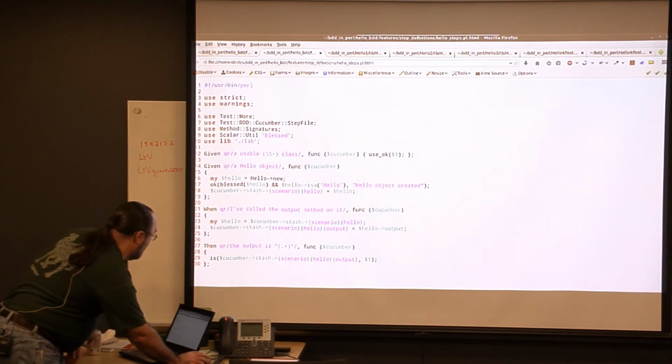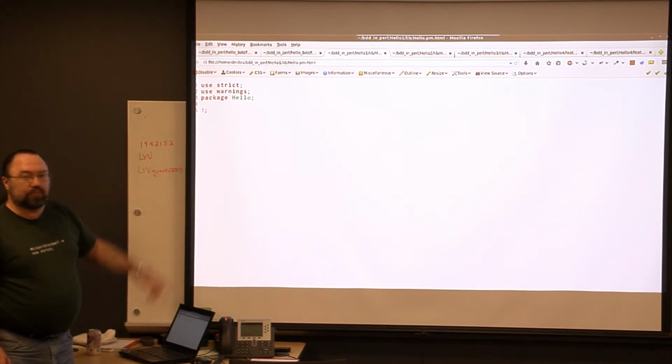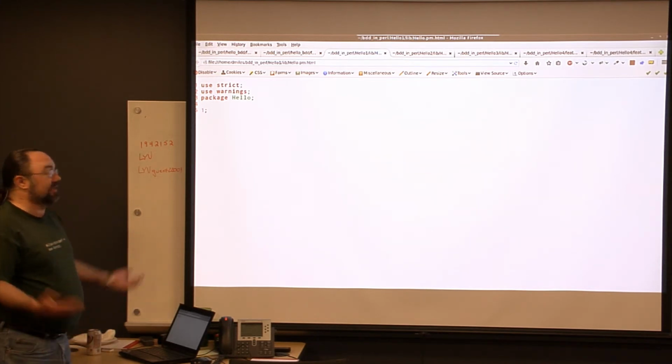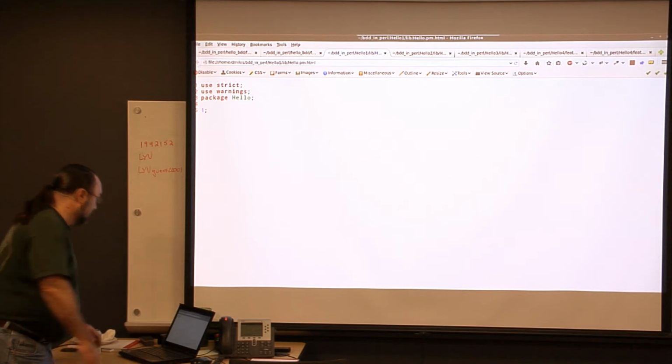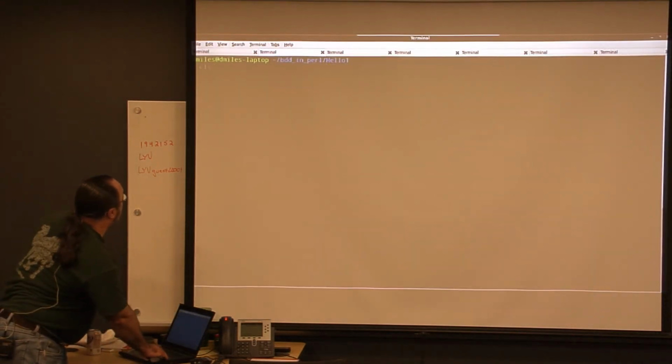So this is the first step, right? That's pretty much the bare minimum I need to have a valid Perl module that does nothing. So if I run this test,